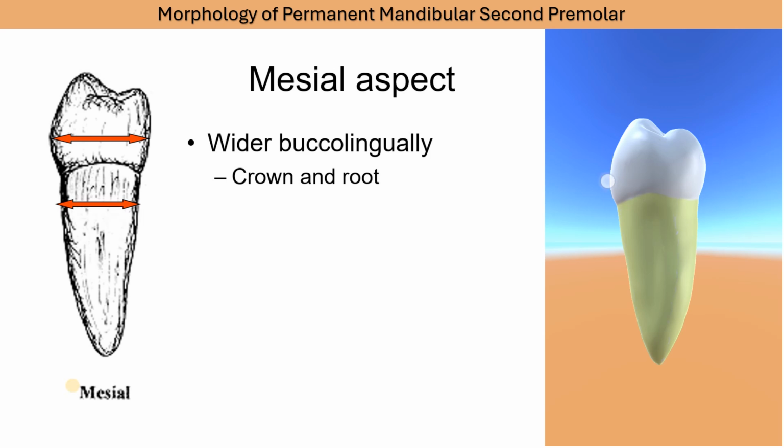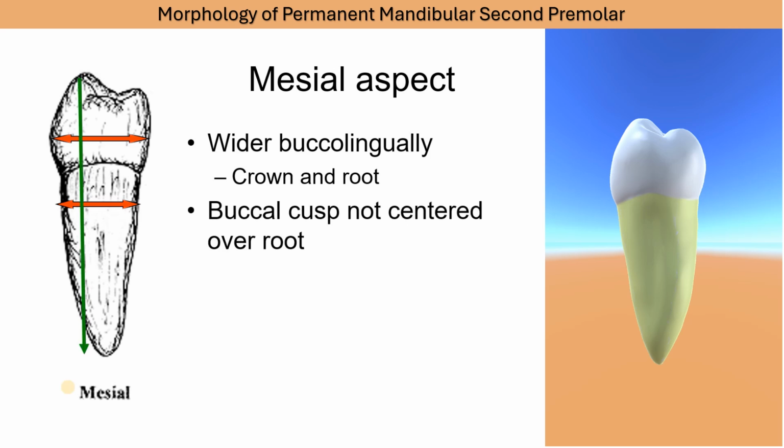This is a characteristic feature of both the premolars, giving a lingual overhang. If you see the lingual-most portion of the crown, it is outside the lingual portion of the root, giving the characteristic lingual overhang that you see. Another difference is the buccal cusp is not centered over the root. So when you look at the buccal cusp, it is much more buccally placed compared to that of the first